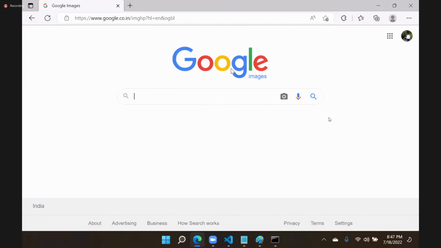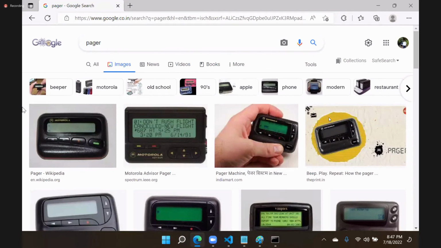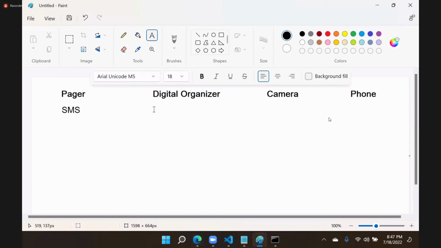Before the mobiles came, we had pagers. This is a pager. Pagers are used for sending only SMS. You can send a remote SMS. Anybody can send you an immediate SMS remotely. Only SMS, pagers. And digital organizers